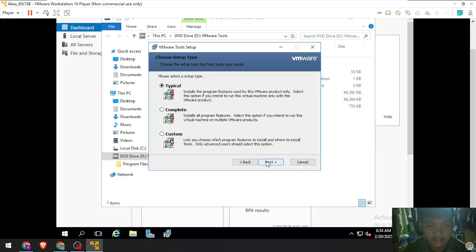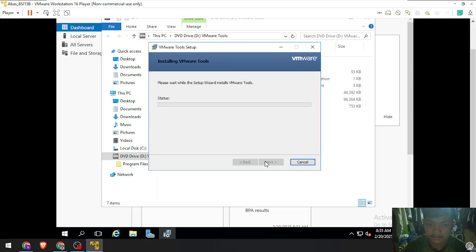Click next. Everything in the VMware tool setup is already in default, so I just want you to click next. Click install, and let's just wait for it to be done.